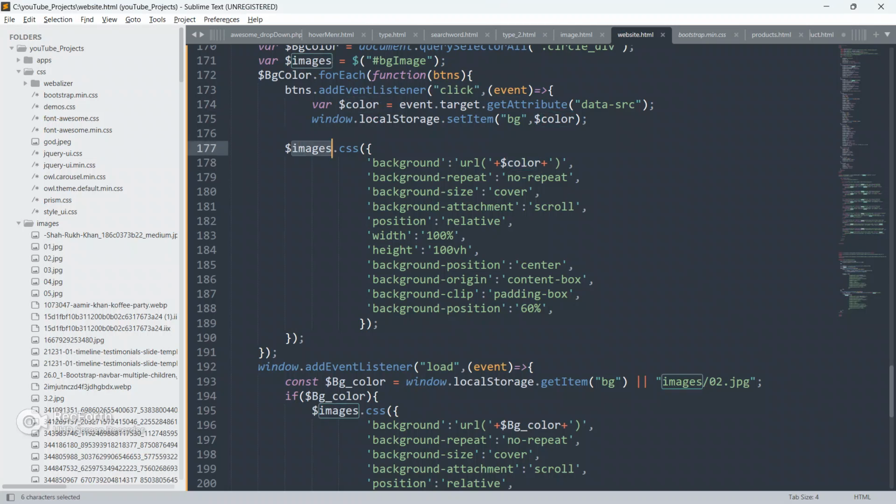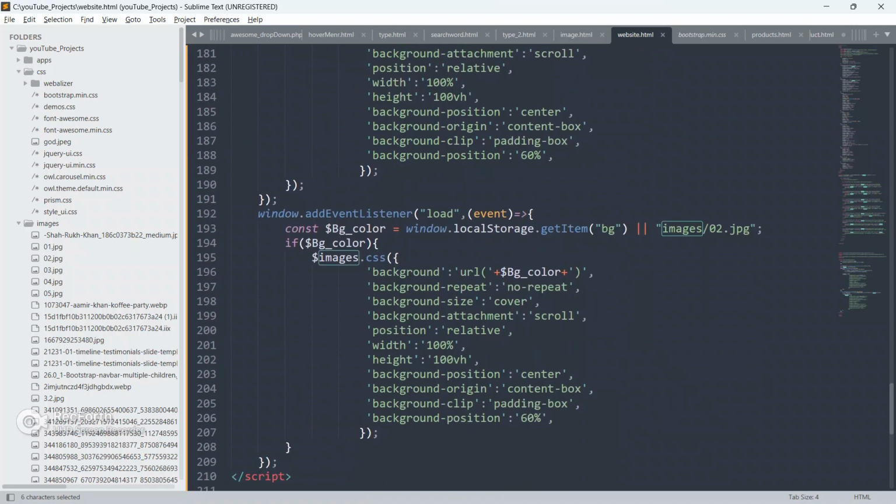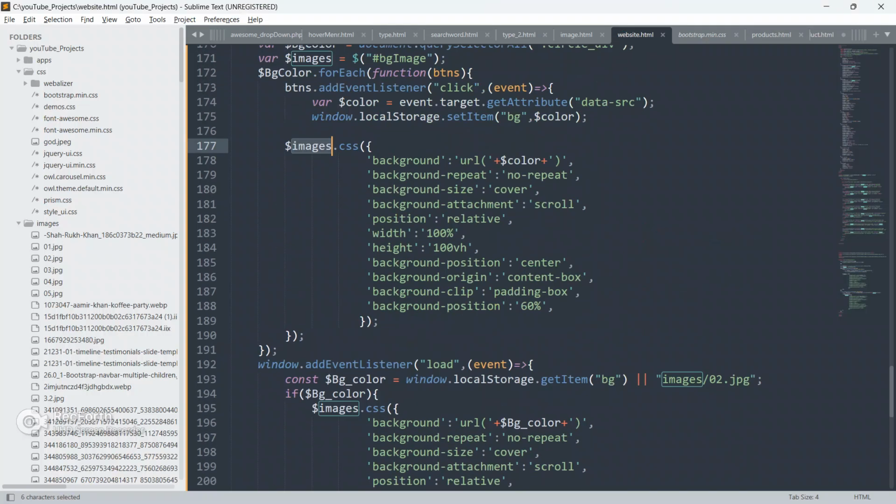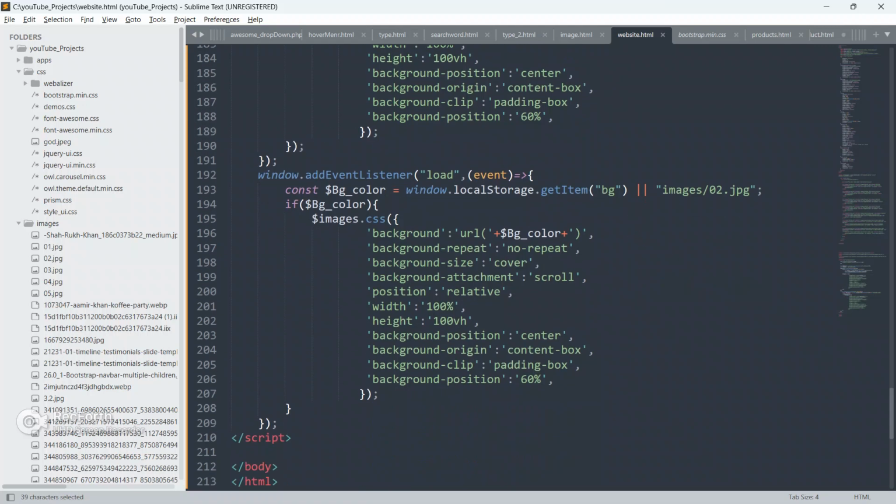We take this in the color variable and replace the image with the help of CSS properties, and we have also saved this in local storage. Now we are getting the local storage and putting a load event on the window.